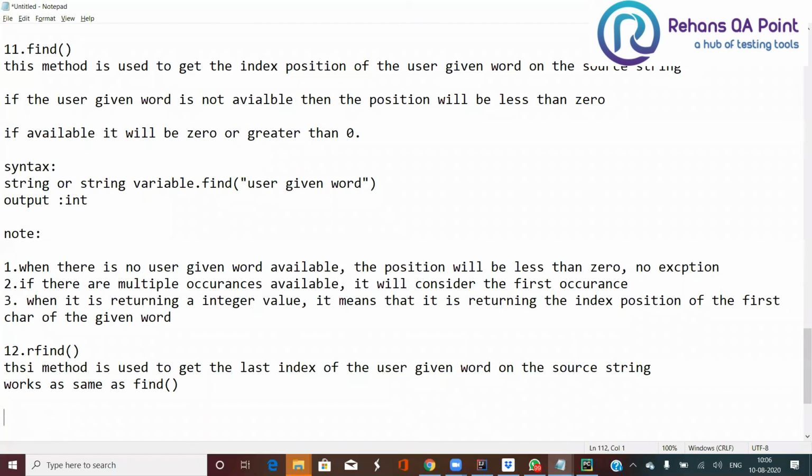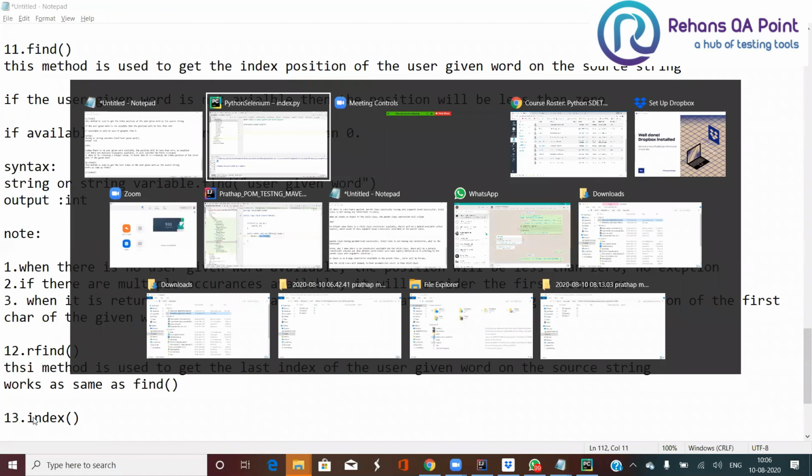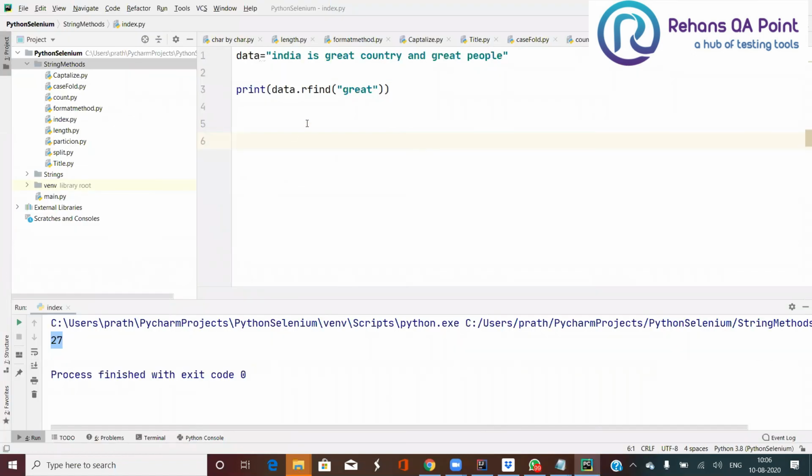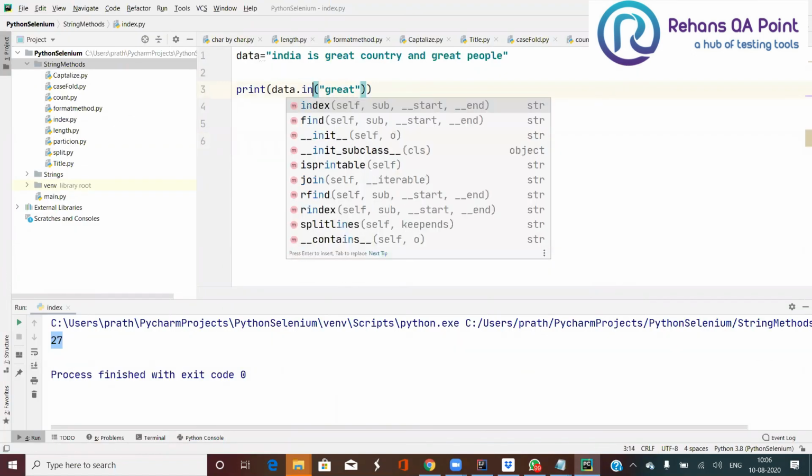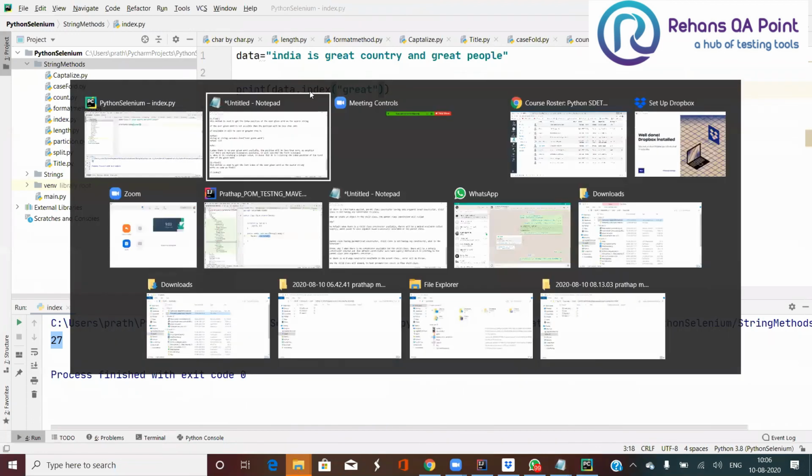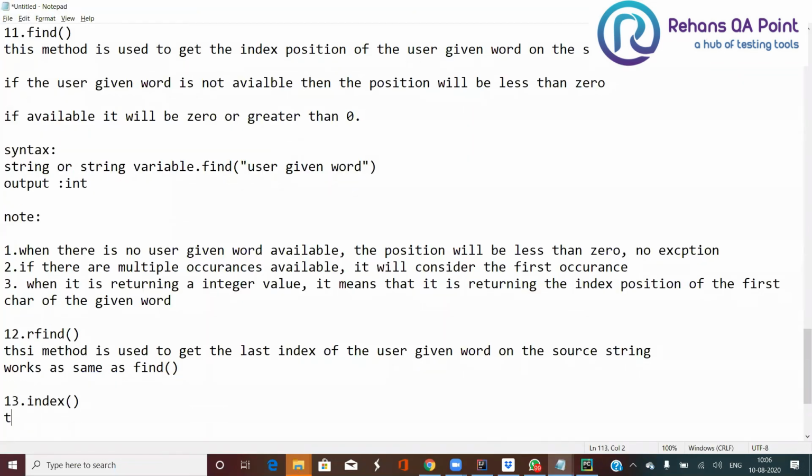There is one more method called index. What is this going to do? This method also works the same as find.